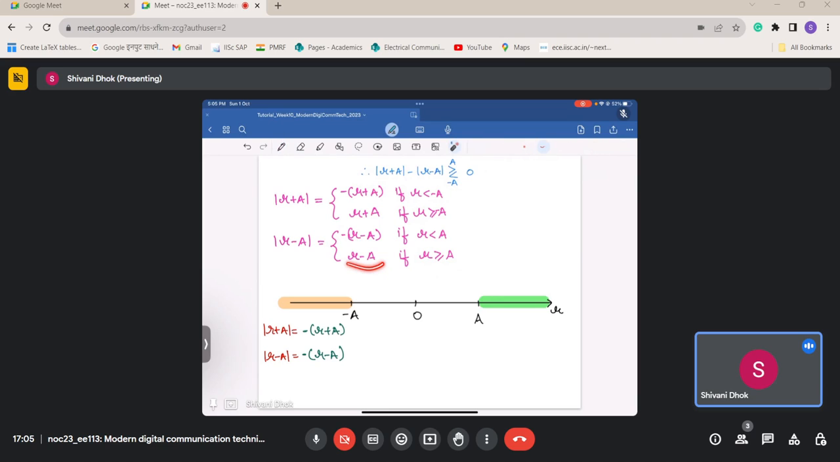And similarly, magnitude r minus a will be equal to r plus a. So here, this will be equal to r plus a, and this will also be equal to r minus a. Now if we consider this region,